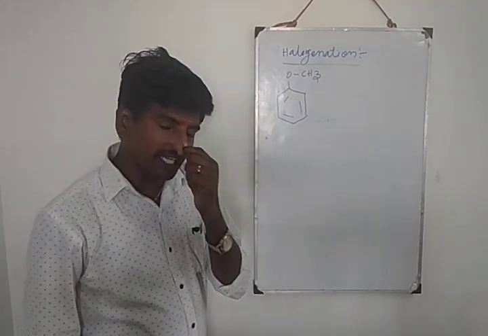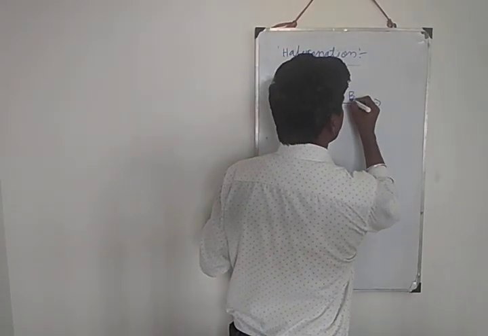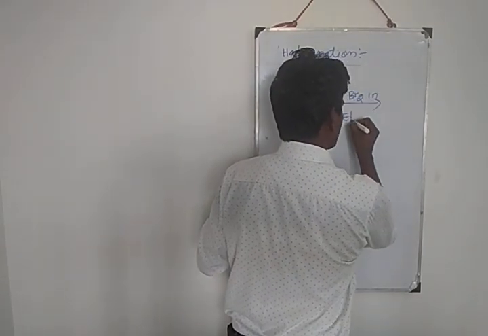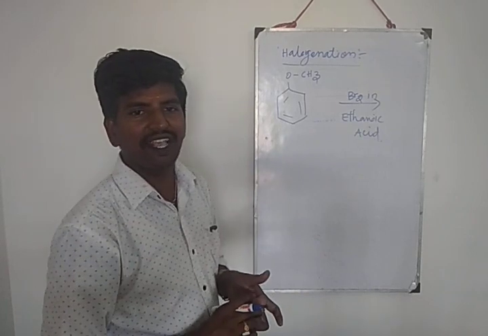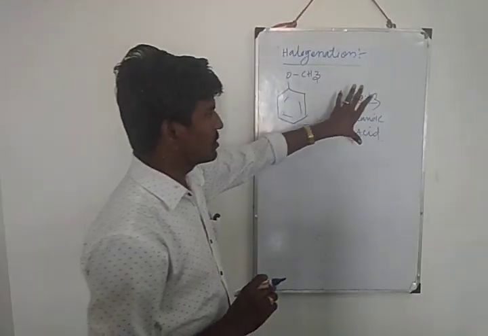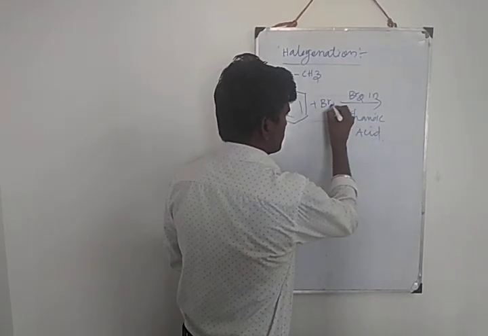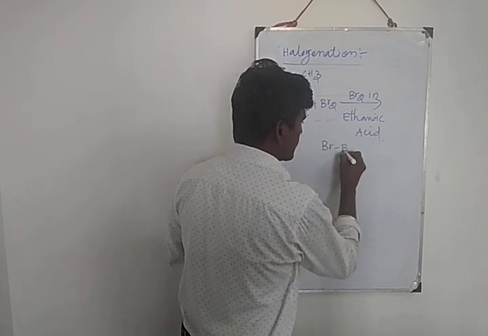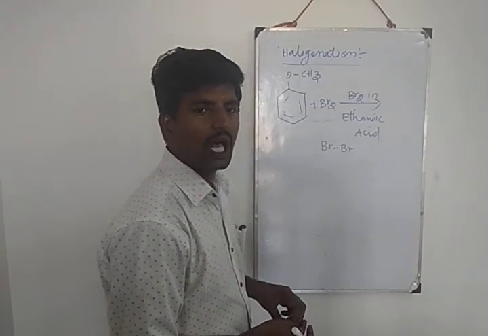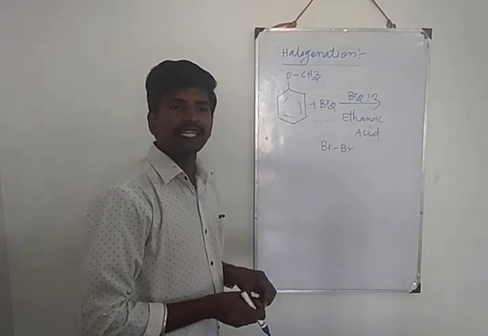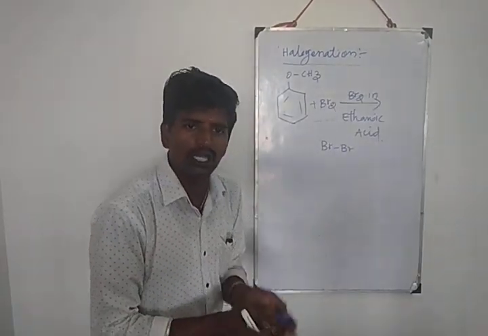If you want to do bromination, we have to add a brominating reagent. Bromine in ethanoic acid, Br2 in ethanoic acid or acetic acid. Okay, this is the brominating reagent. Bromine in ethanoic acid acts as the brominating reagent. So this brominating reagent gives bromine to the reactant, Br2. Will you write Br bond Br? Already you know very well, OCH3, this alkoxy group acts as an ortho-para directing group. So the chemical reaction takes place in the ortho position as well as the para position. So it gives a mixture of products, ortho and para product.